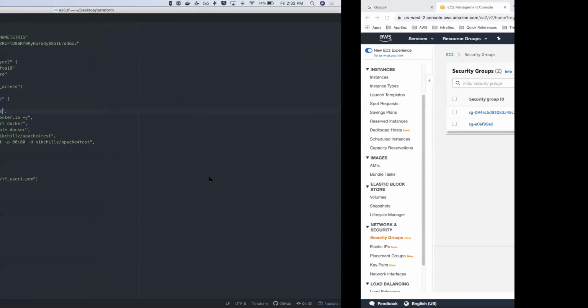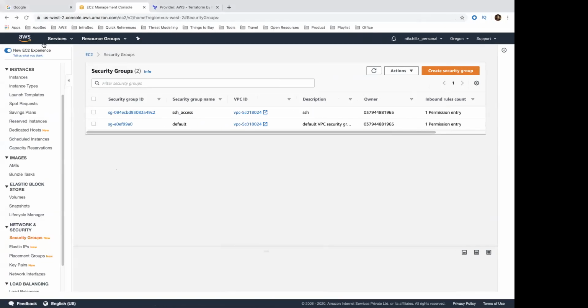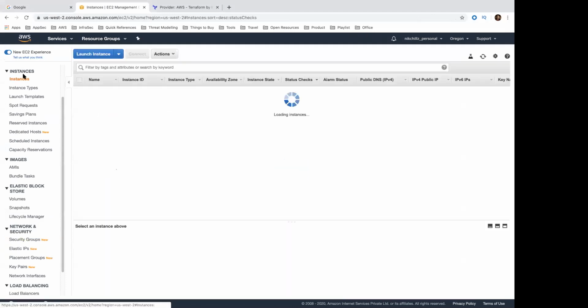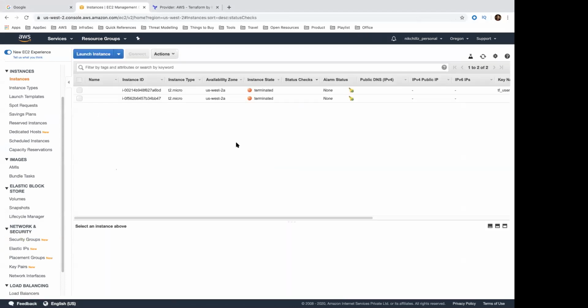Let's get into our command prompt. Before that, let's get into our instances here. Okay, so everything is terminated. So let's get into the fifth folder. All I'm going to do is execute this again using terraform init.